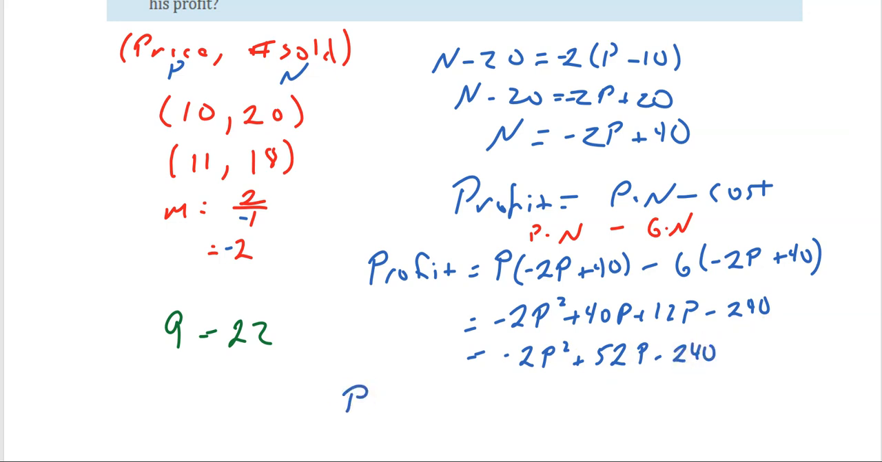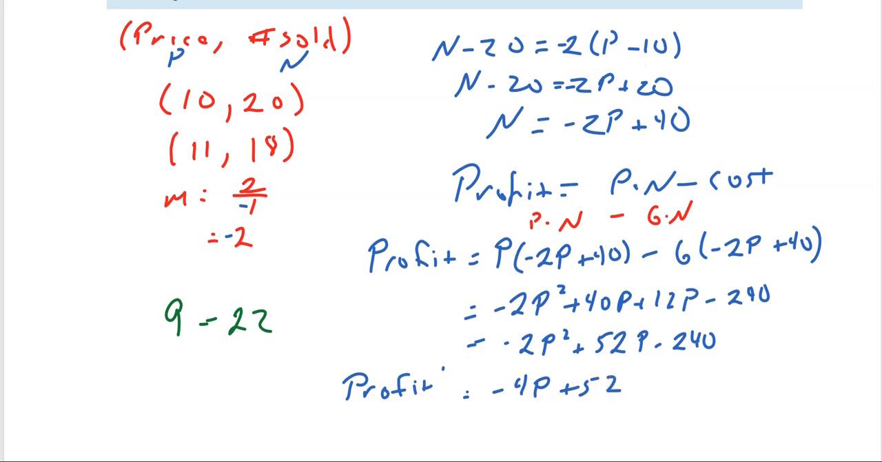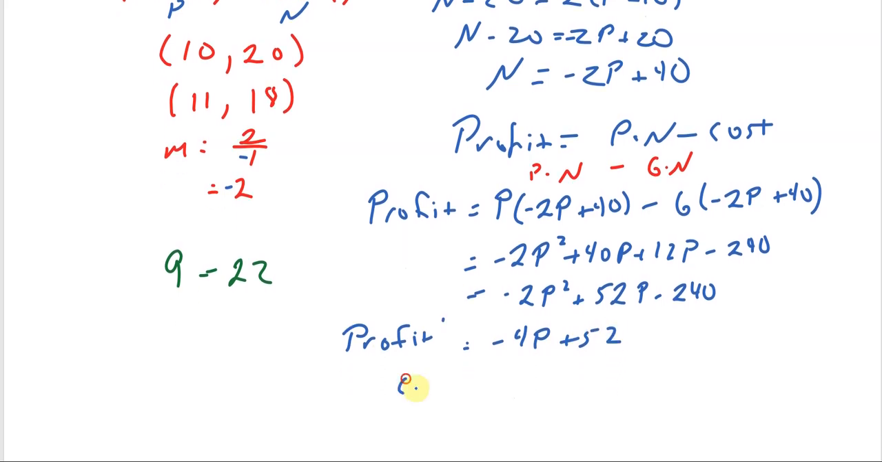Now I look at the derivative. Profit prime, negative 4p plus 52. Set that equal to 0. And p in this case is going to be 13. So I need to set my price at 13 in order to maximize my profit. I might be selling fewer, but I'm making a little bit more money, right? Given the cost it takes and things like that. So price being $13,